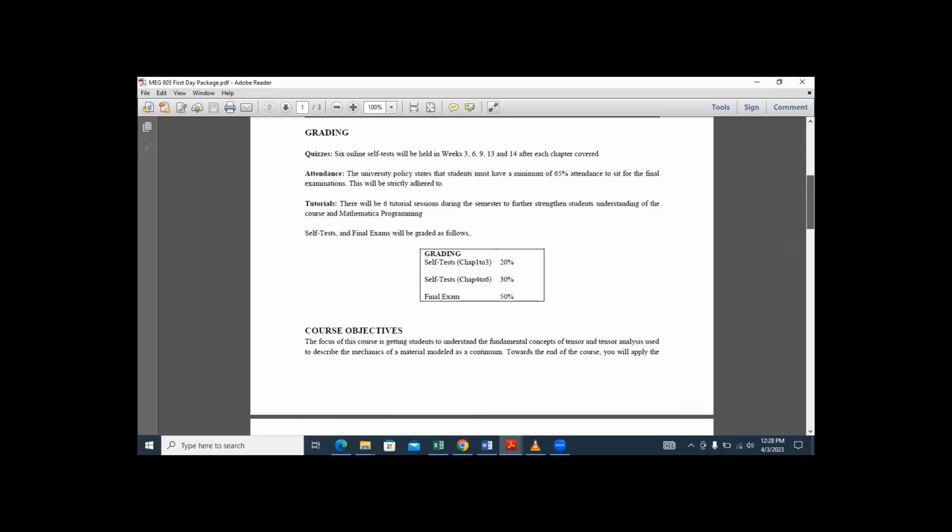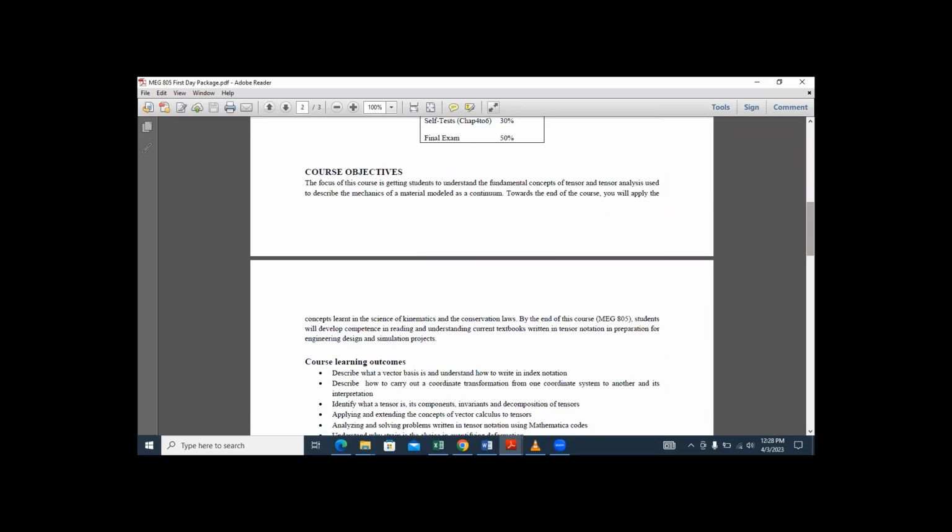So why continuum mechanics? Why tensor calculus and algebra? The focus of this course is getting students to understand the fundamental concepts of tensor and tensor analysis used to describe the mechanics of a material modeled as a continuum. Because we are designers, engineering, we are going to be dealing a lot with engineering design, especially for those of us in the design and production